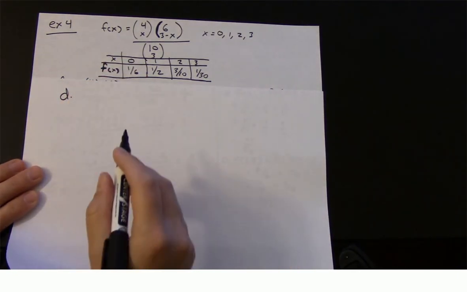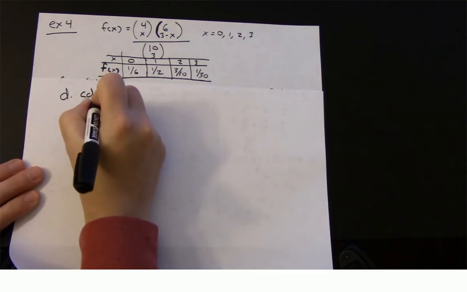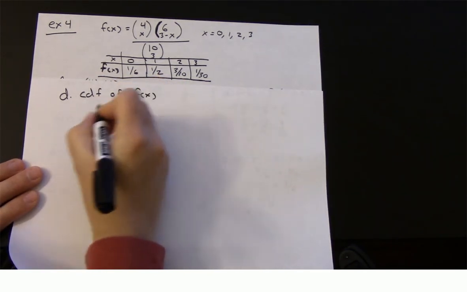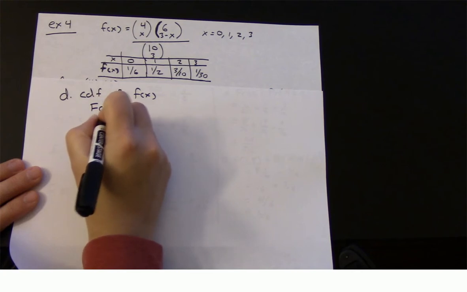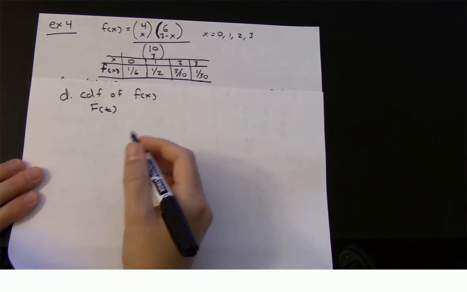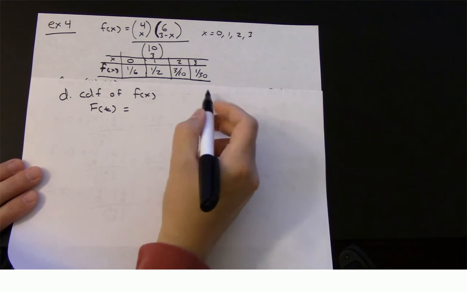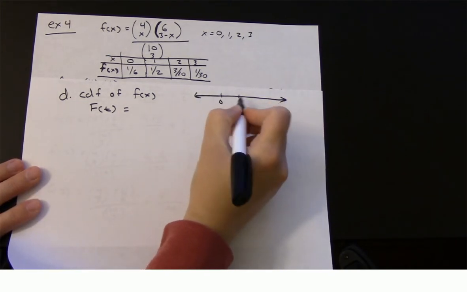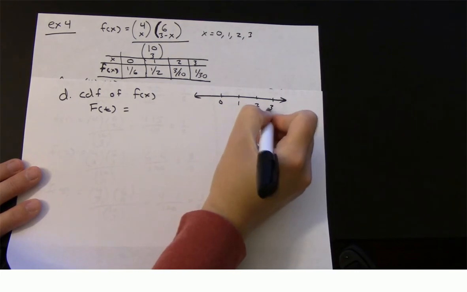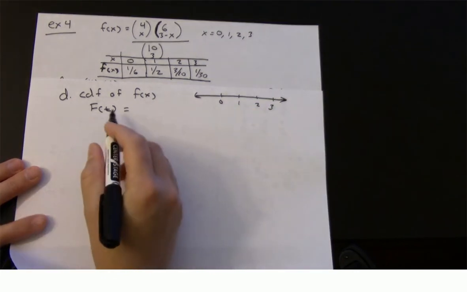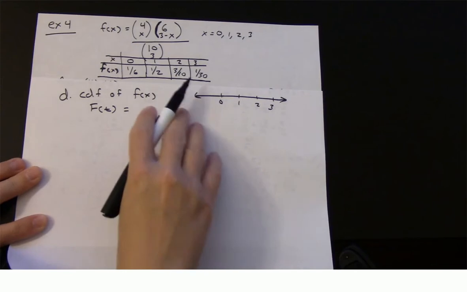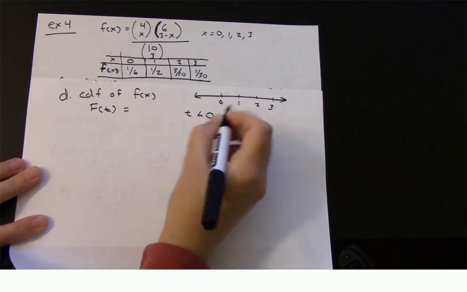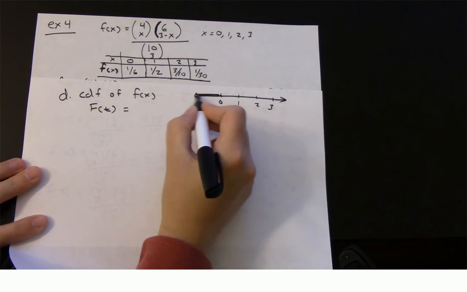Okay, lastly, let's go on to finding the CDF of f of x. Okay, so let's find F of t. All right, so I like to draw a number line when I'm thinking this through and put on my values of x. Okay, and so I want to make sure that when I'm figuring out what my CDF is, that I've covered the entire number line. Okay, so starting with t less than 0, so back here,